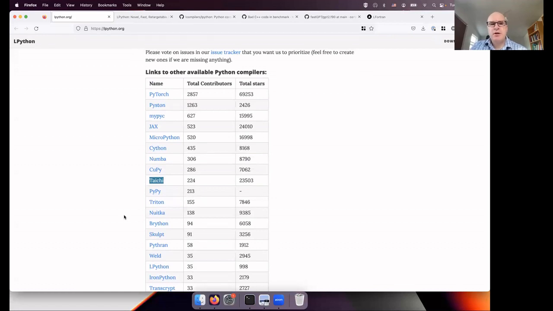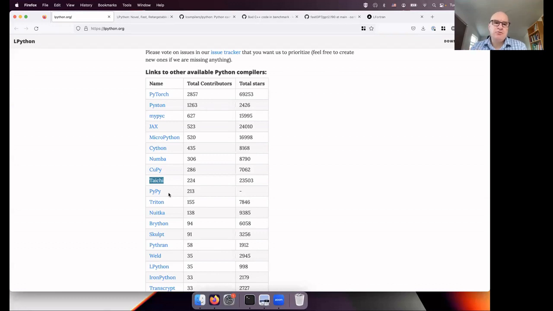So that's one idea. The other idea, let's say you don't care about the speed of compilation, but you only care about the speed of runtime. A lot of these Python compilers are speeding up Python. That's their idea, to just make Python faster. For example, MyPyC or PyPy. But our idea is we are not trying to make Python faster. We are trying to make it run at maximum speed. And it's kind of hard to wrap your head around it because it's Python, and people, or even I, think of Python as being slow, but LFortran brings the point home.